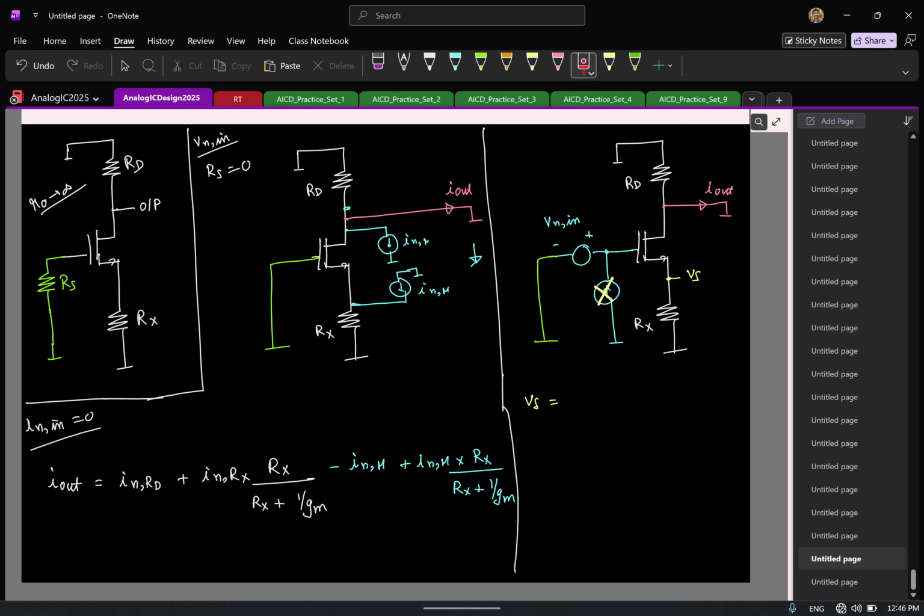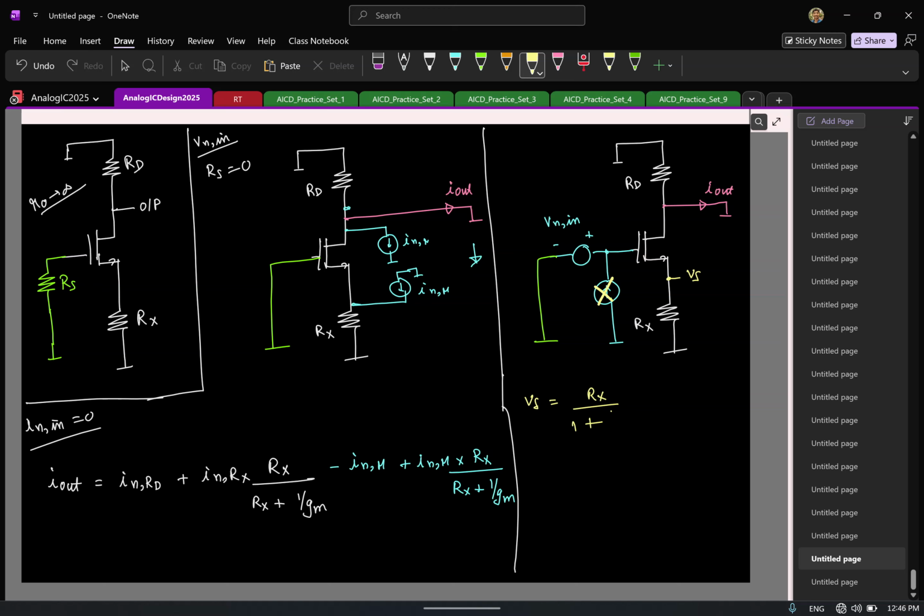When the current flowing through it is 0, which means what should be the value of Rx? If Rx is infinity, it should be 1. If not, it will be less than 1. So just by logic, what will be the factor that should come? Rx by